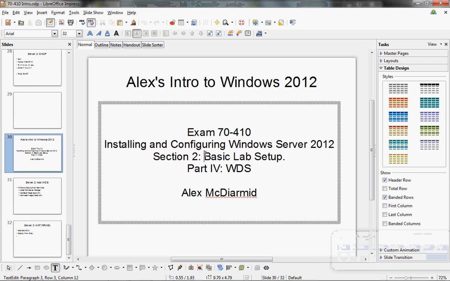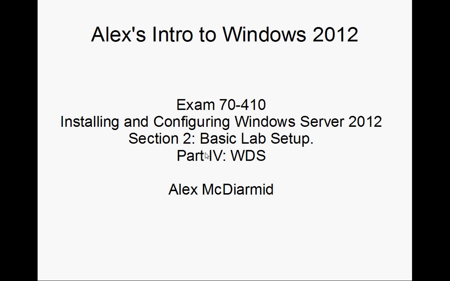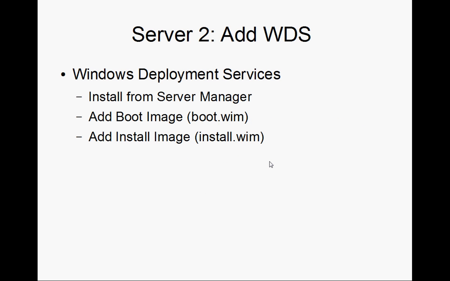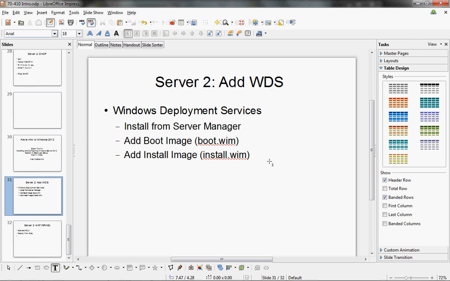All right, we're back to the Introduction to Windows 2012, and we're talking about Windows Deployment Services. Now, in the lab, we've already built a domain controller and a DHCP server. And we're going to add Windows Deployment Services to that using very bad practices, in that when you add Windows Deployment Services, you should put your installation images on a drive different from your